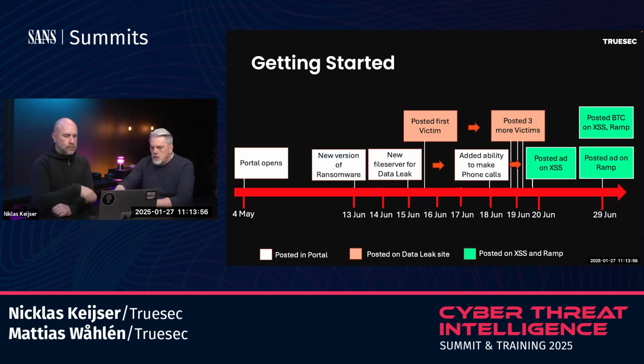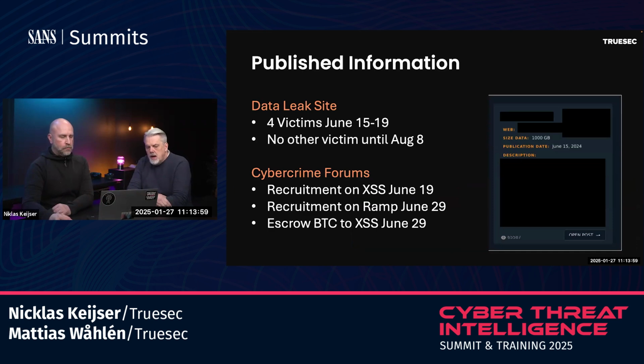Then we have published information. Their data leak site had 4 victims listed between June 15 and 19, and no other victim until August the 8th. And finally, on the cybercrime forums, we can see that they posted recruitment ads on XSS, first time June 19, recruitment on RAMP, another cybercrime forum, June 29, and they posted escrow Bitcoin on XSS on June 29. This is important because in the Russian language cybercrime ecosystem,